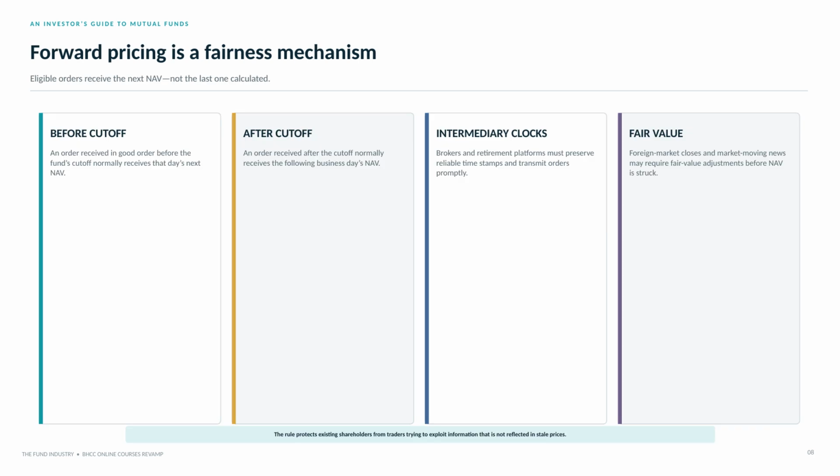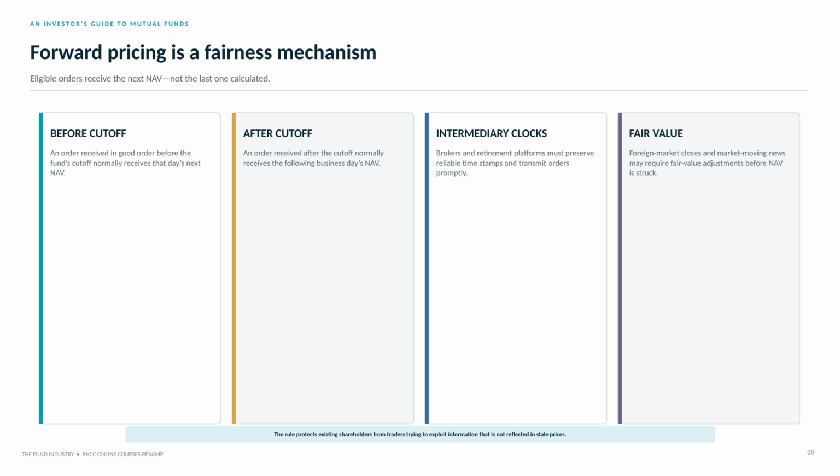Forward pricing means an eligible order receives the next NAV, not the last NAV already calculated. An order received in good order before the fund's cutoff normally receives that day's next price. An order received after the cutoff normally receives the following business day's price. When an intermediary accepts orders for the fund, its timestamps and transmission controls matter just as much as the fund's